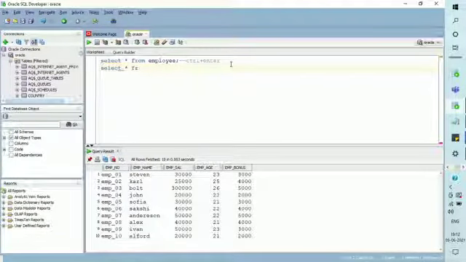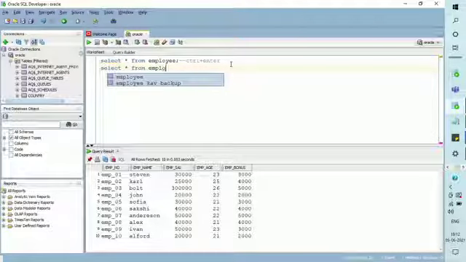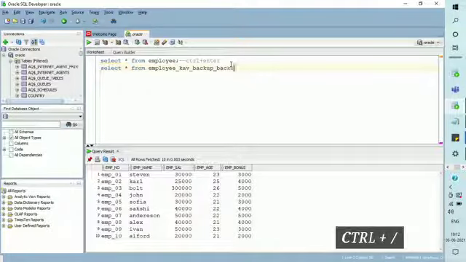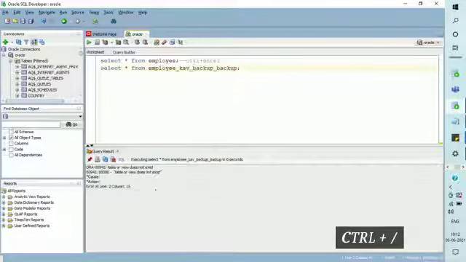Shortcut number 3 tells you to comment the SQL statement. In order to comment your SQL statement, just use Ctrl plus /. To uncomment, again press Ctrl plus /. Here I am using some other table which is not present in my database.